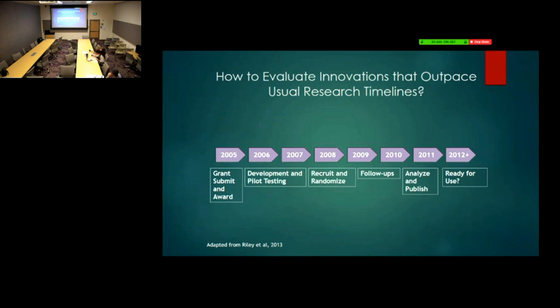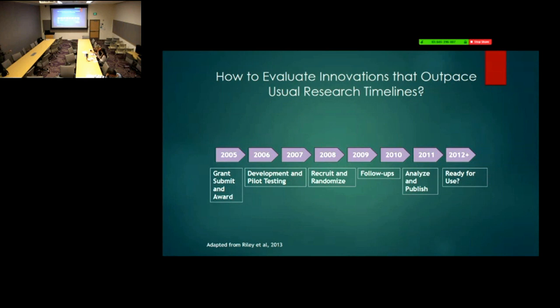So the reason why D&I also is important is just the time frame of everything. So this is a typical time frame of 7 years. Here's your R21. You guys researchers, mostly? Sort of, okay. An R21 is like a novel exploratory study. So that takes 2 years that you develop and test your intervention. And then a couple of years later, you get your R01 the first time when you submit it. And then you recruit, randomize, follow up, analyze, publish. Okay, so that's 7 years.